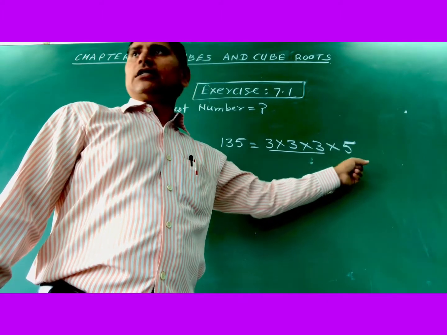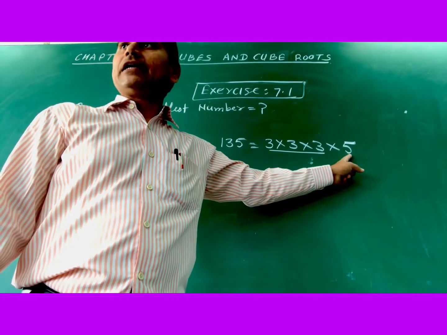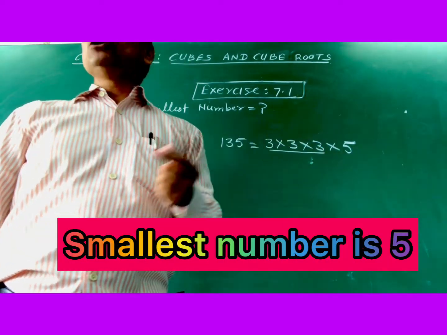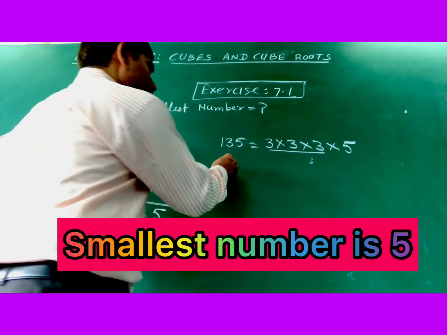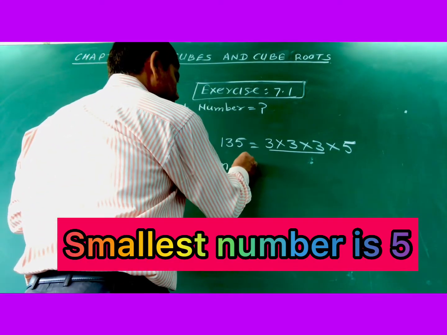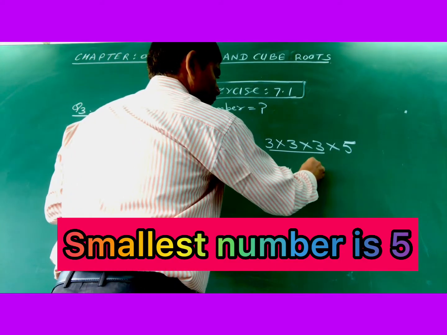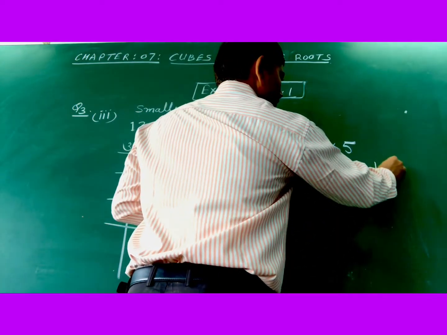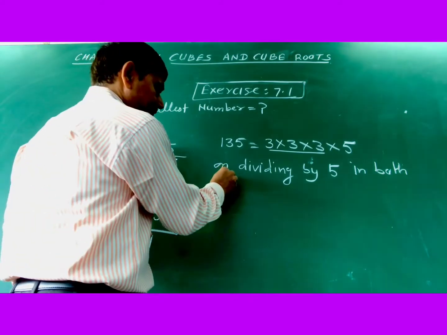Since this triplet is not complete and the number here is 5, you will divide the whole number by 5, and you will get the perfect cube. So now, on dividing by 5 on both sides,